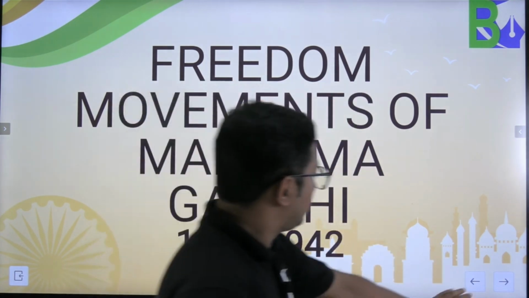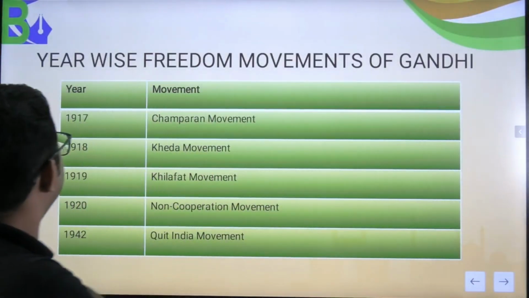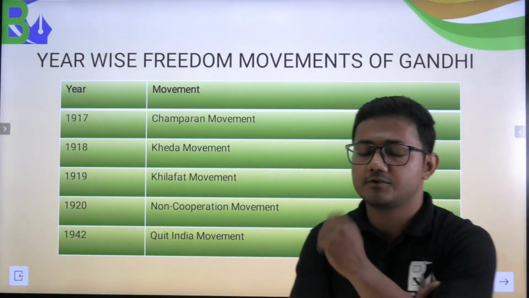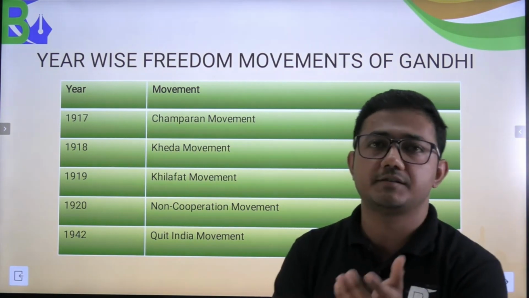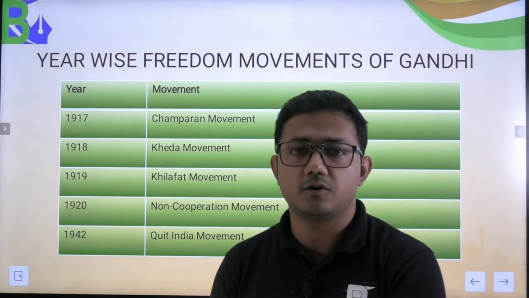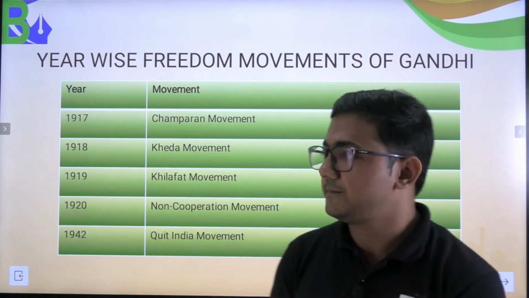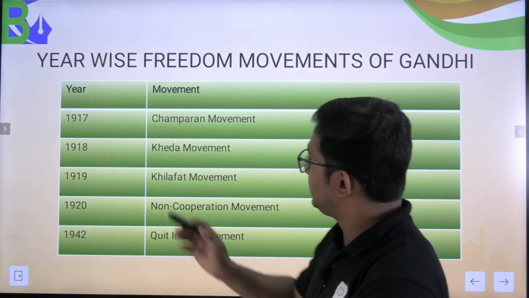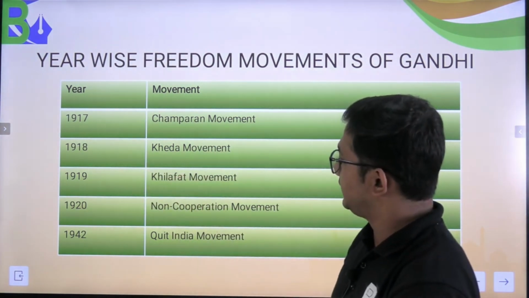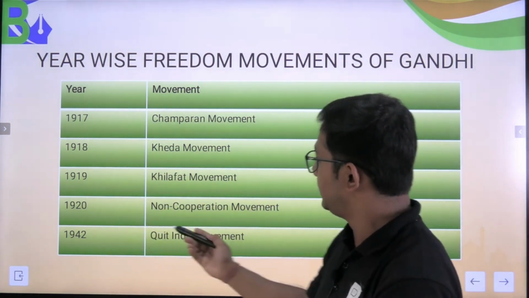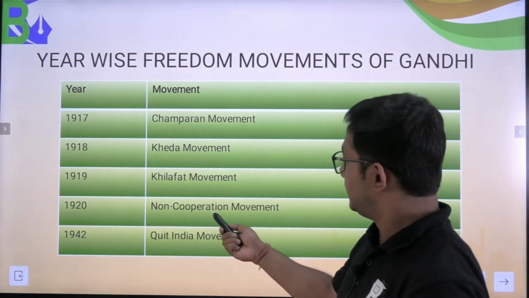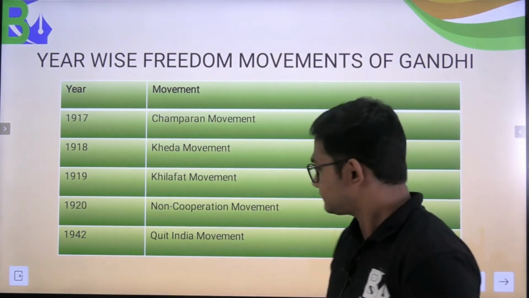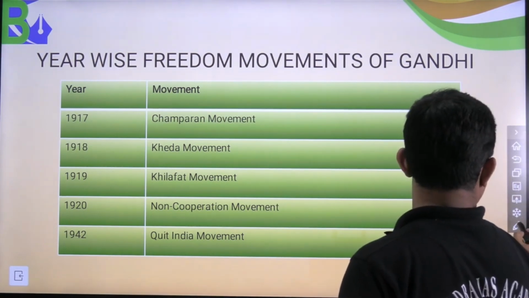So, if we look year-wise at the freedom movements of Mahatma Gandhi, there is not one or two movements. There are many movements during different periods of the 20th century. So you will see in 1917, Mahatma Gandhi was with the Champaran movement. 1918, the Kheda movement. 1919, the Khilafat movement. 1920, the very popular and famous non-cooperation movement. And in 1942, the Quit India movement. But today in this lecture,